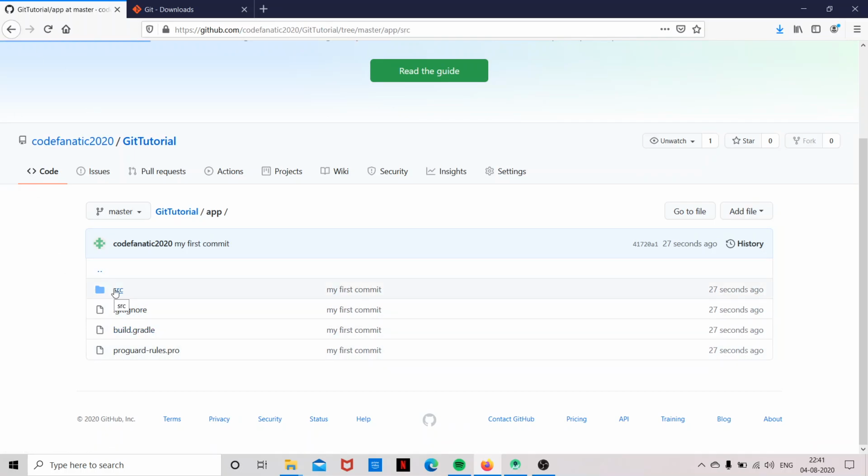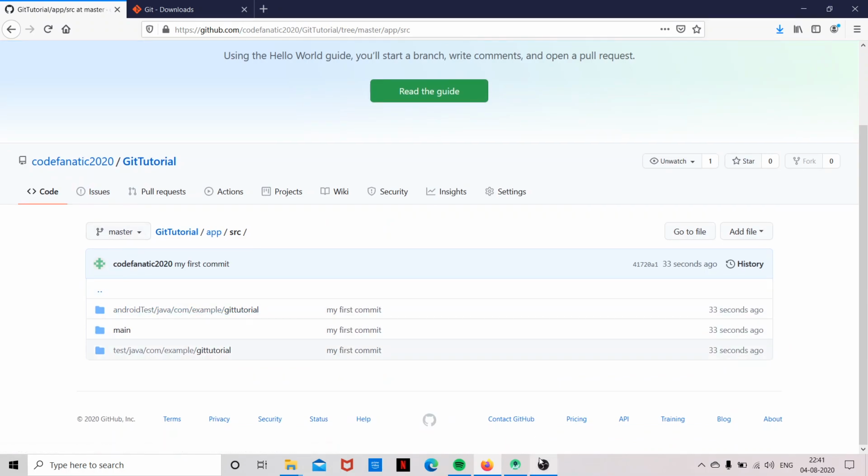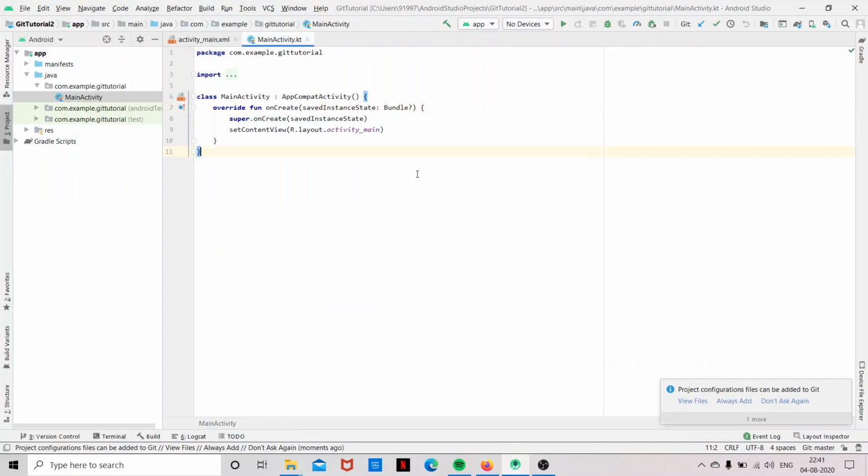So now we are going to learn how to do a commit operation. I'm going to type in a line. So I've typed a comment, my first comment. So now I've edited my main activity file.